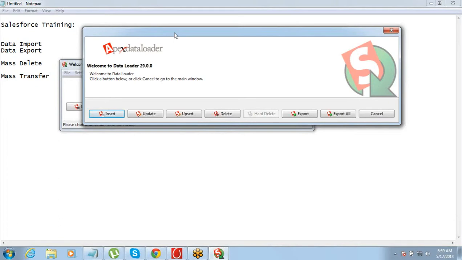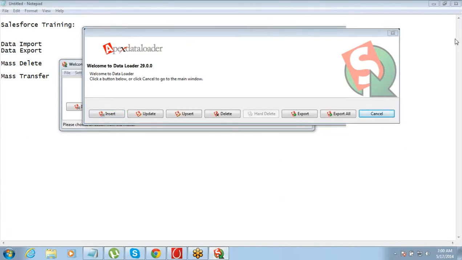So what are the advantages of using data loader? Can we just have two or three points? Why would we use data loader? Any one of you? Why do we use data loader? Because it has a few advantages over the regular import wizard or the export option.